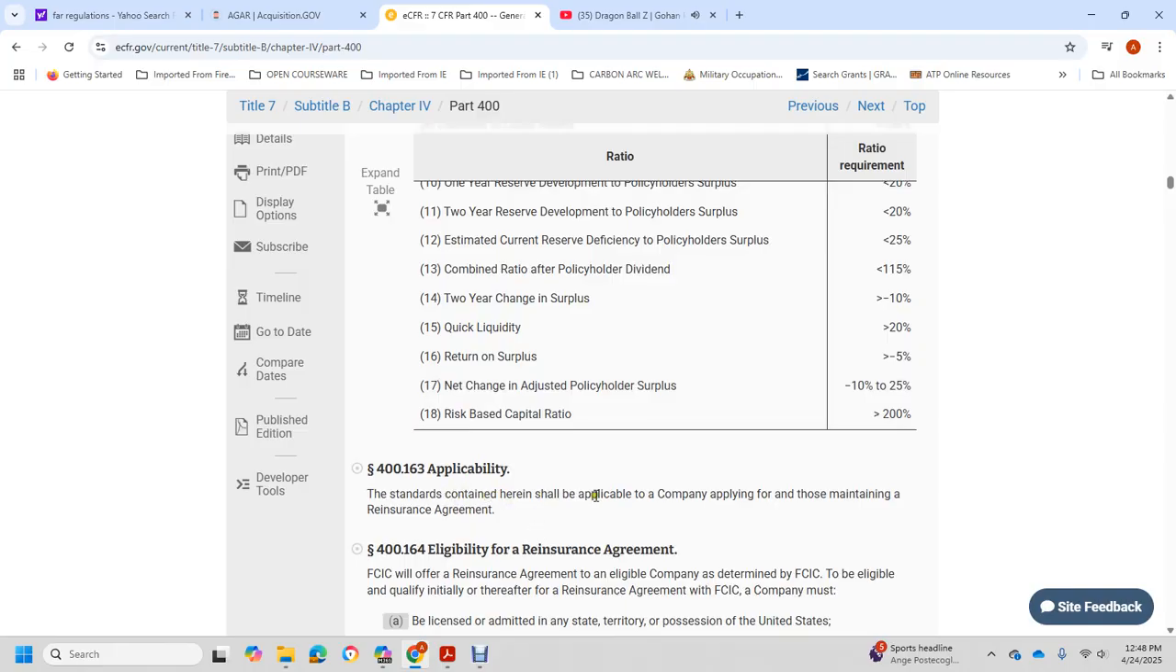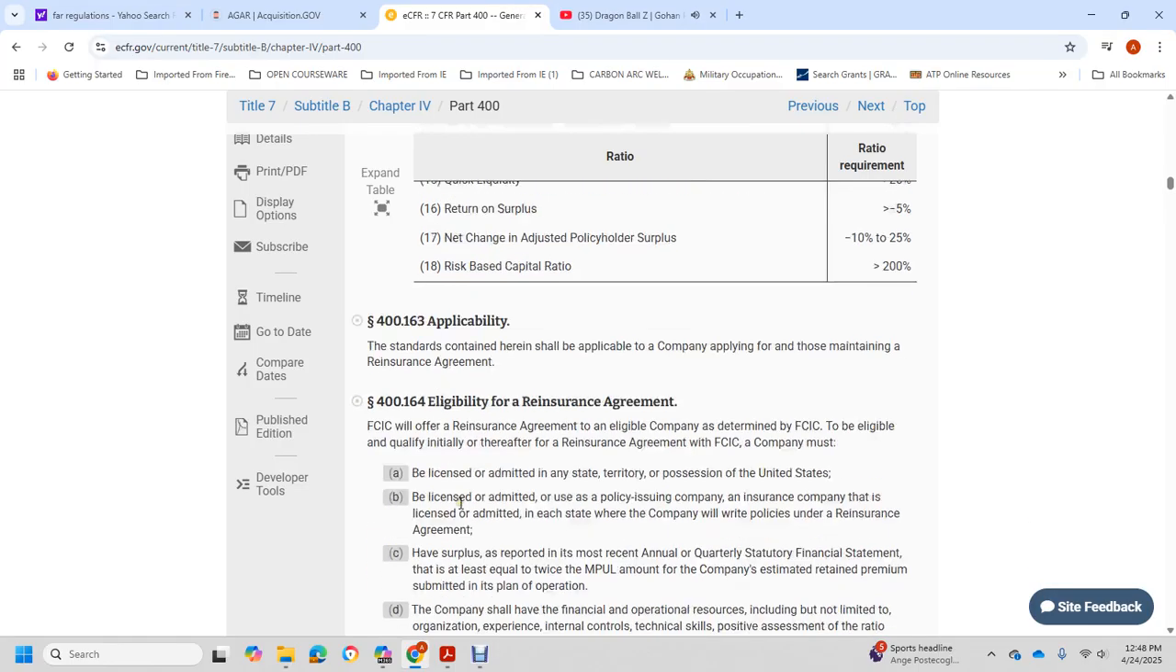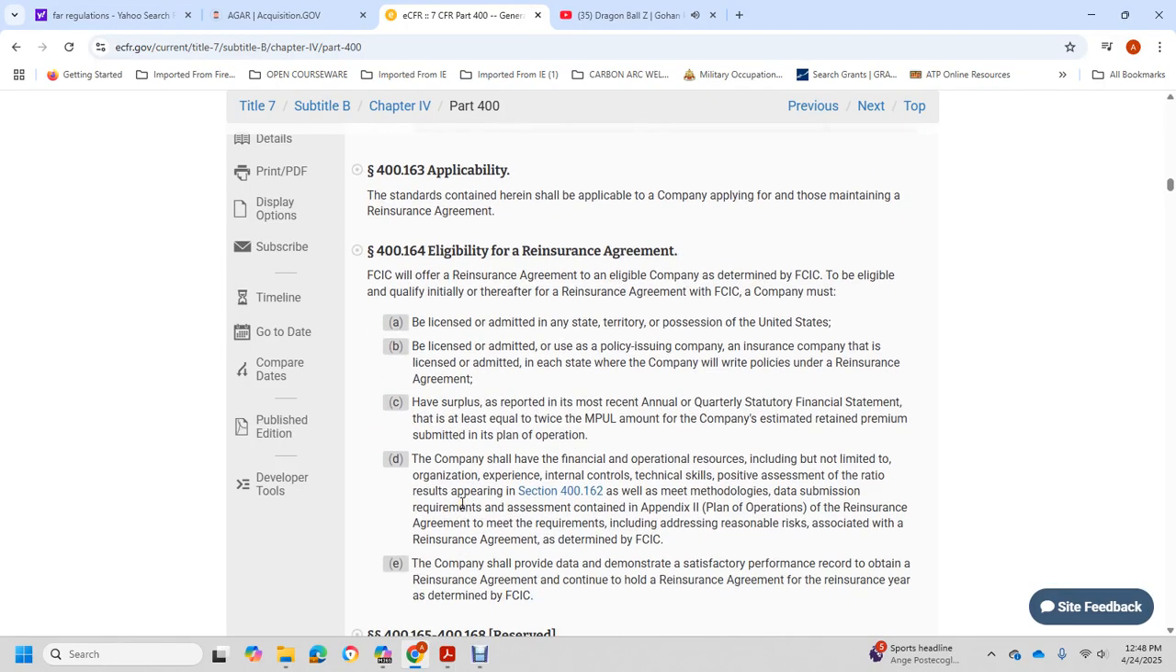400-163 applicable to the company, applying with the maintenance of the reinsurance agreement. 400-164 eligible to reinsure for the agreement of the Federal Crop Insurance. A company is eligible to determine the Federal Crop Insurance with the corporation, and to qualify, the reinsure for the agreement of the Federal Crop Insurance company must be licensed